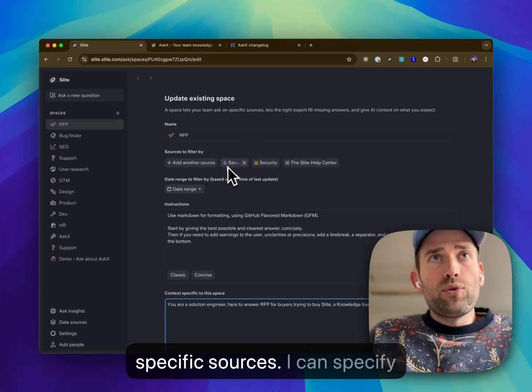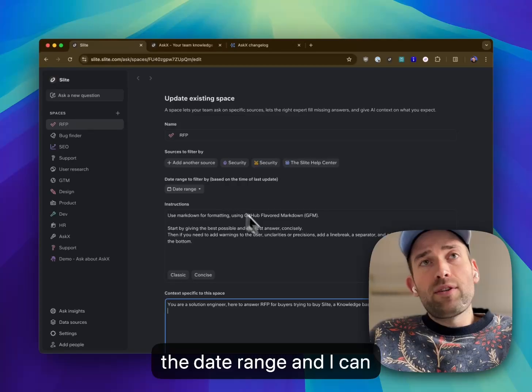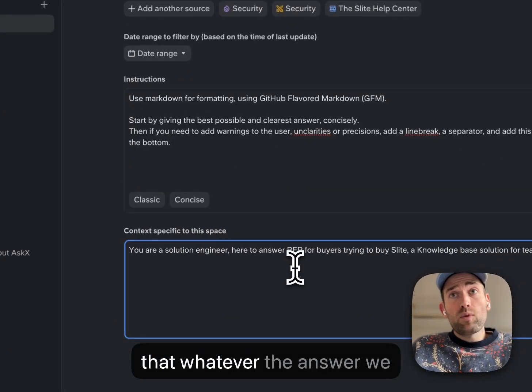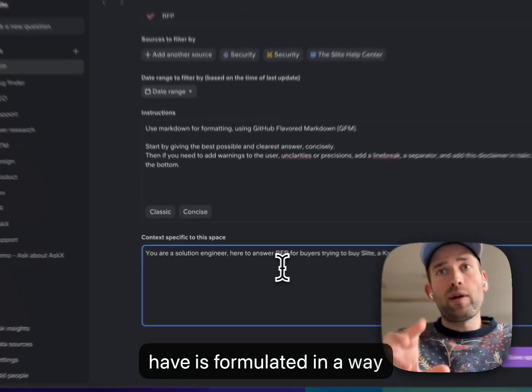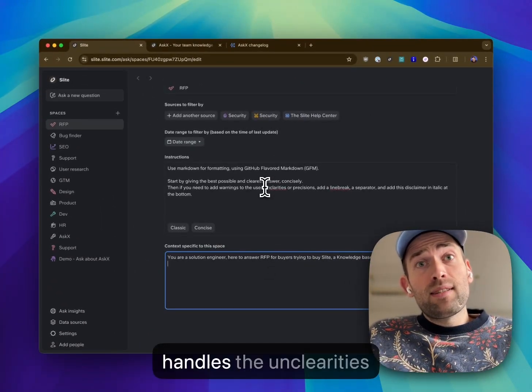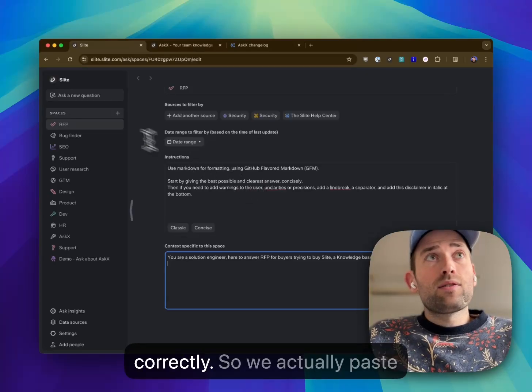Well, I put a few specific sources. I can specify the date range, and I can specify instructions. So in this case, I just want to make sure that whatever the answer we have is formulated in a way where I can paste it into a document, and that it actually handles the unclarities correctly. So